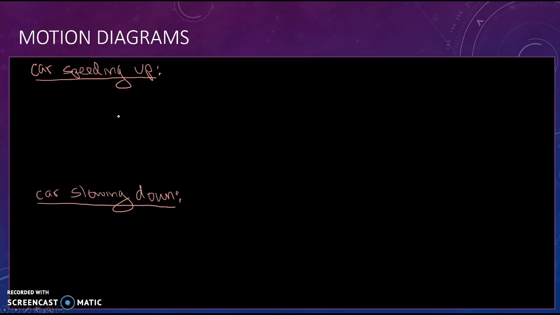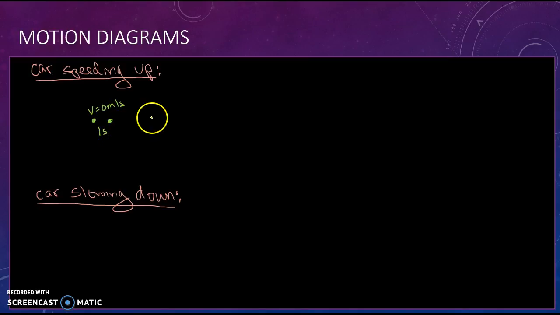Now, as I said, one of the issues with acceleration is confusing it with velocity. So to show you the difference, what we do is we have motion diagrams. So you imagine a car speeding up, and what a motion diagram does is, I'm not sure if you've ever seen those, almost like time-lapse photos where they overlap the frames of a film with each other, and so you would see them all superimposed at the same time. So maybe at some point in time, the car is here and it's starting off and it's going 0 meters per second. And then 1 second later,